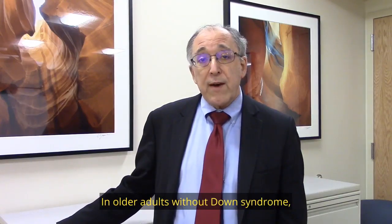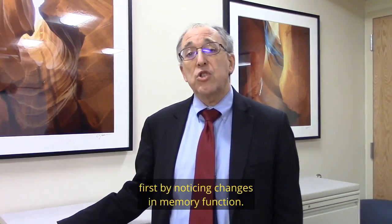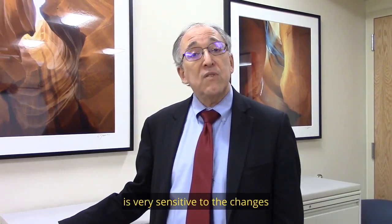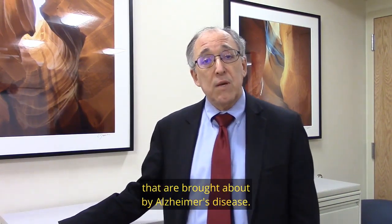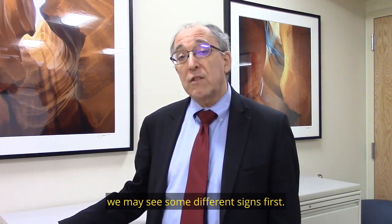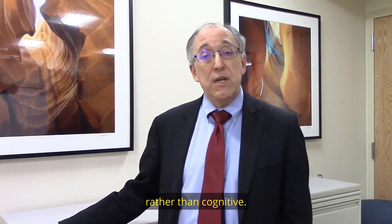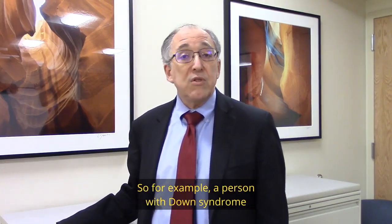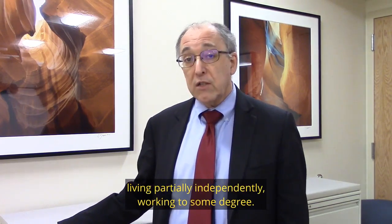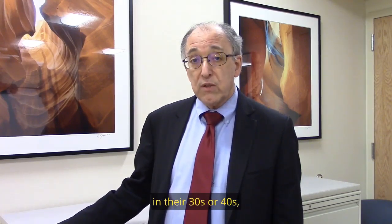In older adults without Down syndrome, we usually spot the development of Alzheimer's disease first by noticing changes in memory function. Episodic memory, or recall of recent events, is very sensitive to the changes that are brought about by Alzheimer's disease. In a person with Down syndrome, however, we may see some different signs first. Some of the signs are behavioral or emotional rather than cognitive. So, for example, a person with Down syndrome may have been functioning at a certain level, living partially independently, working to some degree. If they start to develop Alzheimer's disease in their 30s or 40s, what we may see are